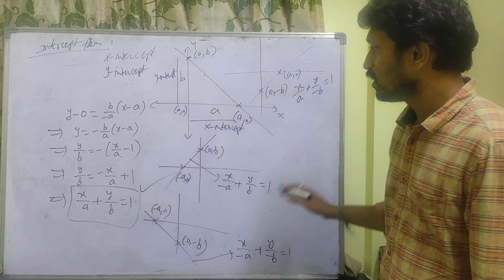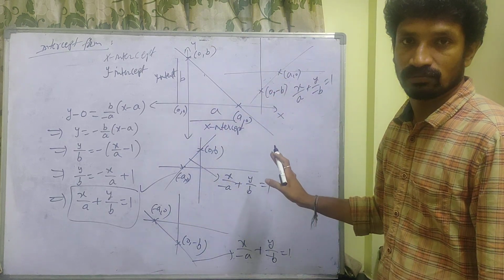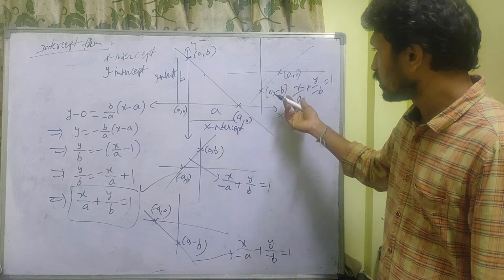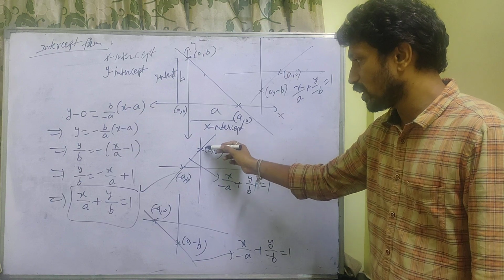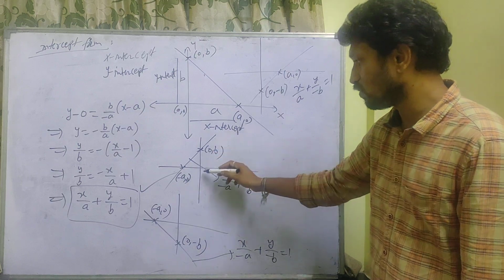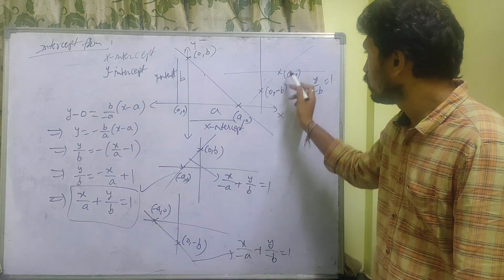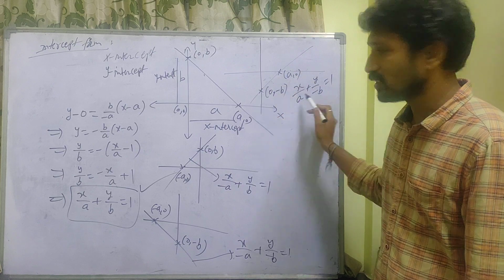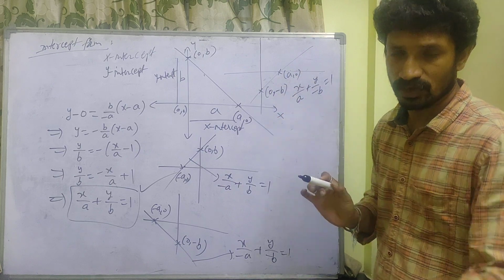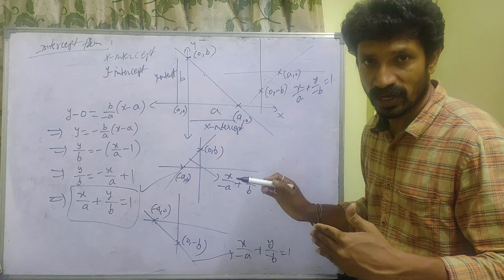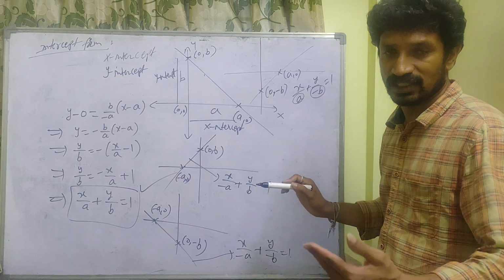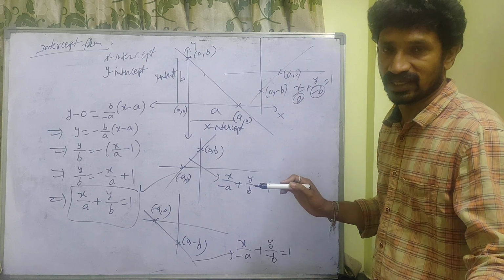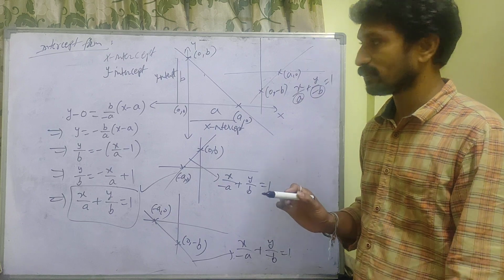These are the different forms. In intercept form, you can take positive x-axis, positive y-axis like this; positive y-axis, negative x-axis, this one; both negative, this one; positive x-axis, negative y-axis, this one. You have to take that, because whether it is the positive or negative axis depends upon the intercepts. If the intercepts are negative, it is the negative axis; if positive, the positive axis.